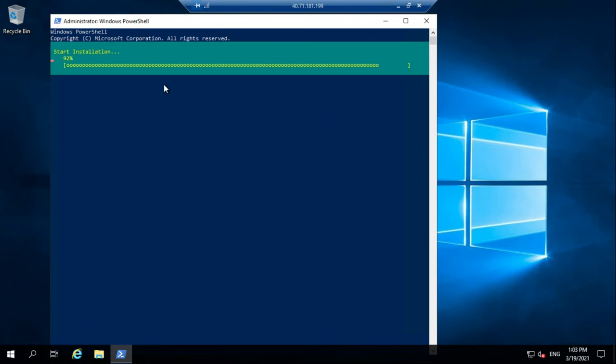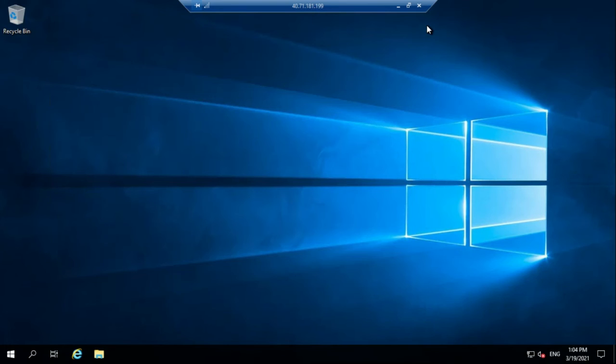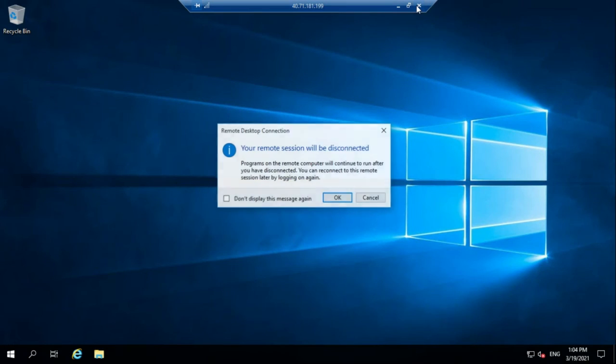So have patience. See, its status is success and value is true. Okay, now I will close this and get back to our portal again.